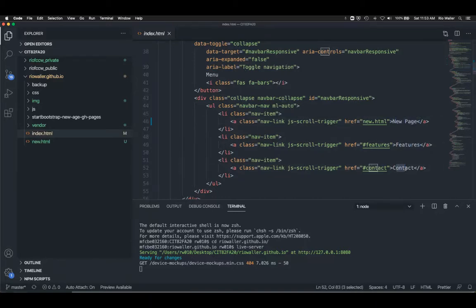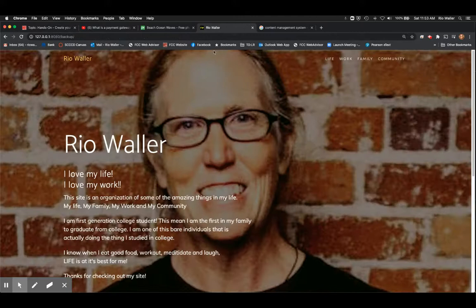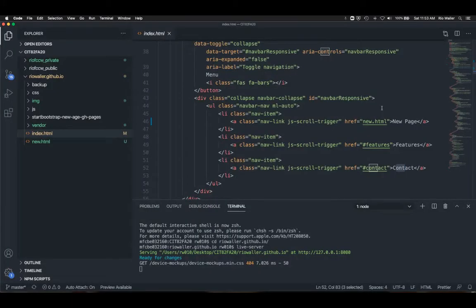And again, remember, you need either 4 or 5 items. So in this case, the template that I built my site from only had 3, so it'd be pretty easy to add mine. And again, it's a little easier for me because I already have an example: life, work, family, and community. Right? So in this case, again, you can choose a different file if you want, but I would say